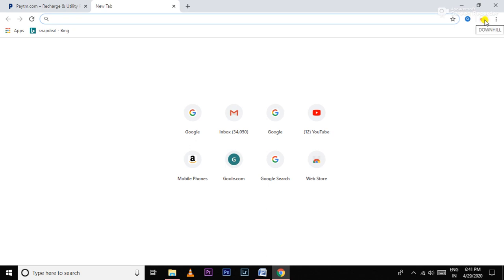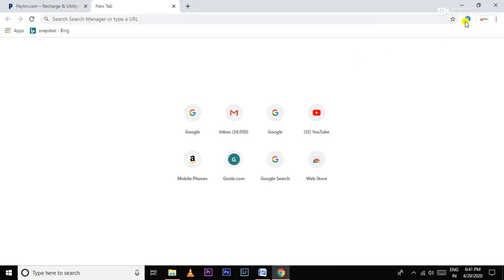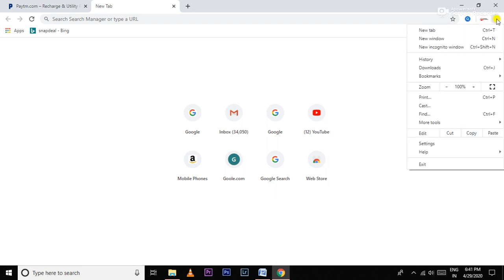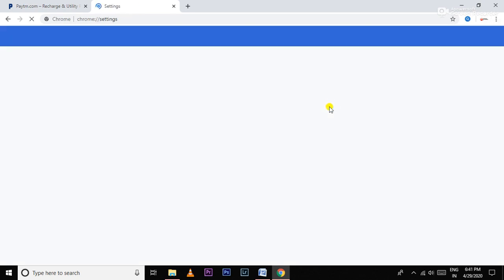Okay, so as I was talking about Google Pay, in the previous videos I have shown you how to log in into a Google account. So here is my Google account right now. I have already been logged in. So now just go to this tab here and go to the settings for adding your payment methods.